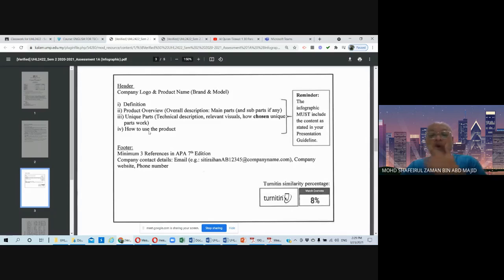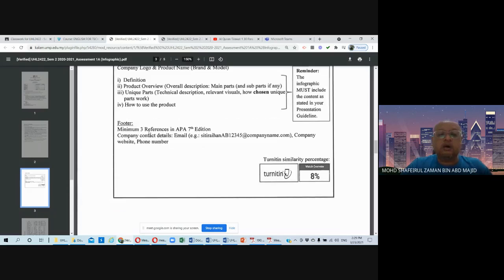I will share with you an example of an infographic prepared by your seniors before, so that you can see how they organize the information. For the footer, or the bottom of your infographic, you need to state a minimum of 3 references, written according to the APA 7th edition format. Apart from that, you need to put the company contact details.